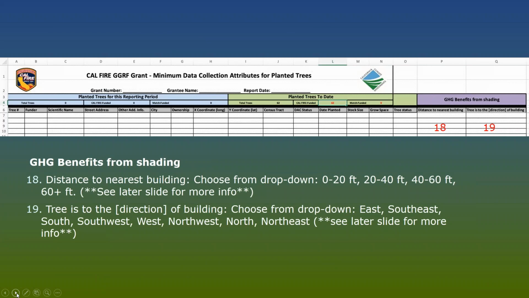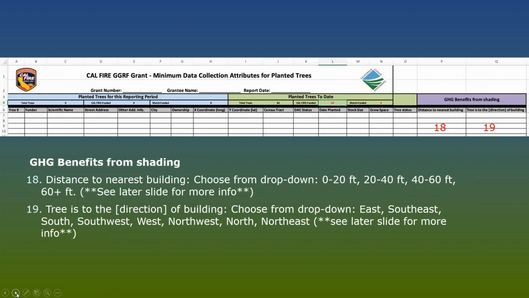So finally, if your trees are planted within 60 feet of a building, then they possibly qualify for some greenhouse gas benefits associated with building shade. So if we plant trees to shade buildings, it reduces our need for electricity in those buildings to cool them. That reduces the production of greenhouse gases at the power plant level, which actually can be a pretty substantial contribution. So if you're planting trees within 60 feet of buildings, so if you're planting them in a park, probably not, but if you're planting them as street trees or even around schools, things like that, this can be really helpful information. And you can plug it in here, and in a few slides,